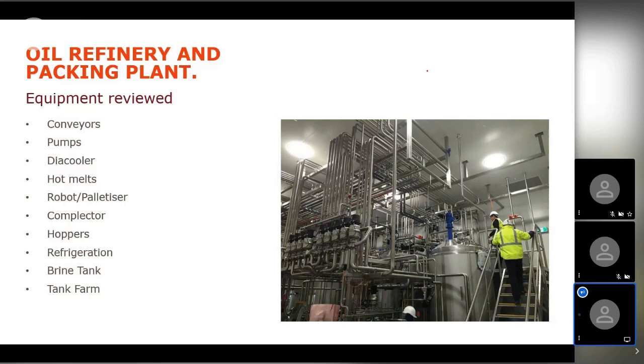I used to work in an edible oil refinery. So back before I moved to Aberdeen, I used to live in Melbourne. I'm from Melbourne, Australia originally, in case you're trying to pick the accent. And I worked in an oil production plant, edible oils and margarines and fats. And we introduced a new program where we're going to revise every one of the production lines to improve the productivity and reliability. And I say this is probably the exact reason why you wanted to join this webinar in the first place. So we reviewed all of the equipment in the packing plant.